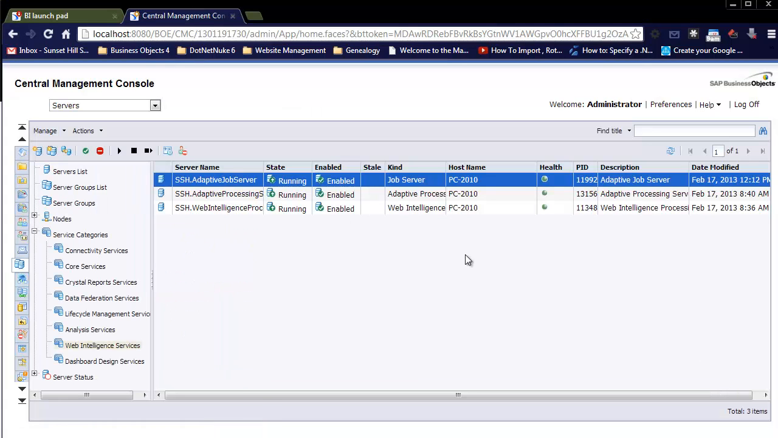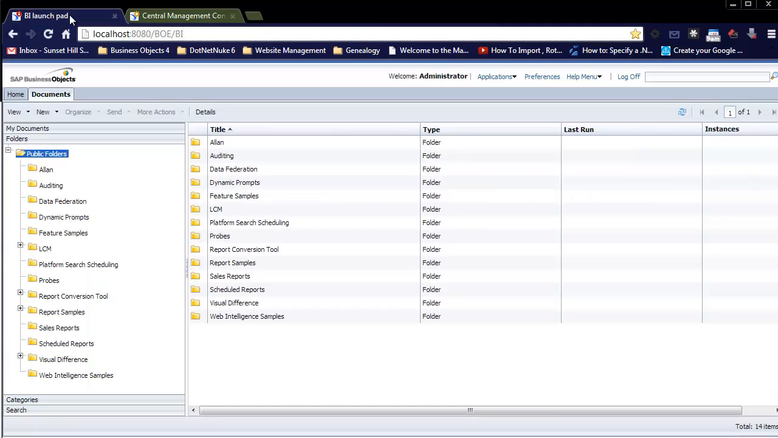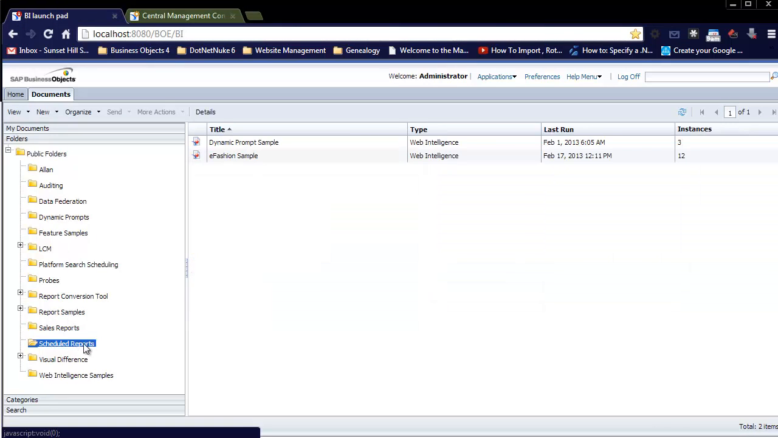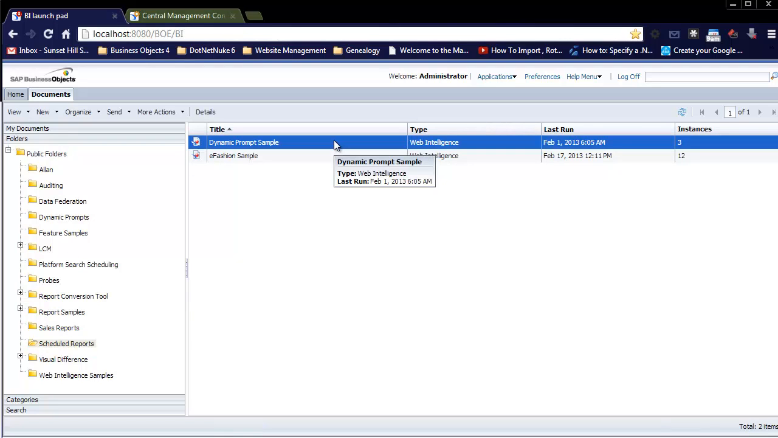Okay, we'll cancel out of here and we'll switch back to BI Launchpad. I've created a folder called Scheduled Reports. The first report in this folder is called Dynamic Prompt Sample. I'll be showing how to use this report for scheduling at the end of the demo, and this is based